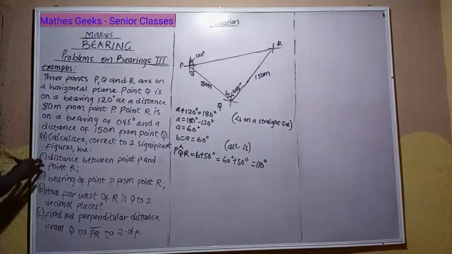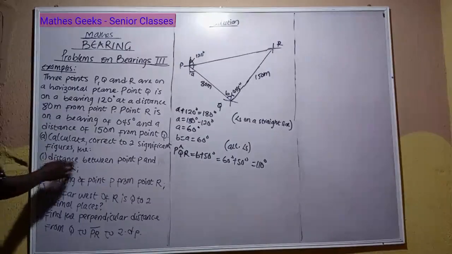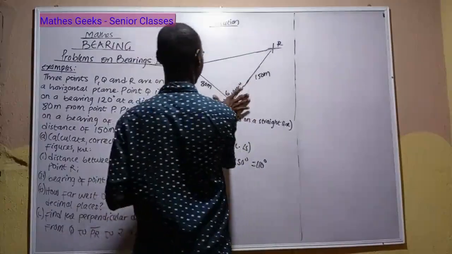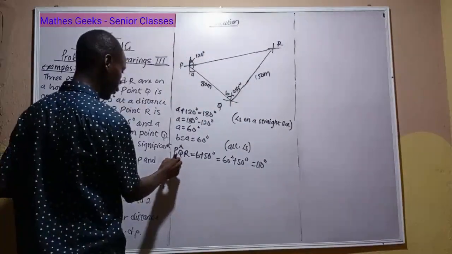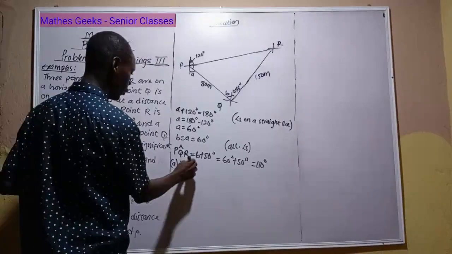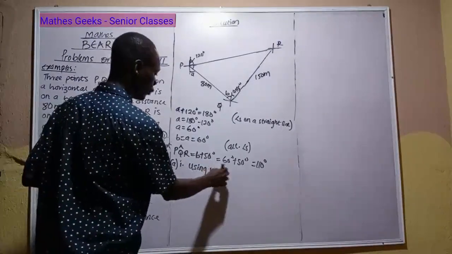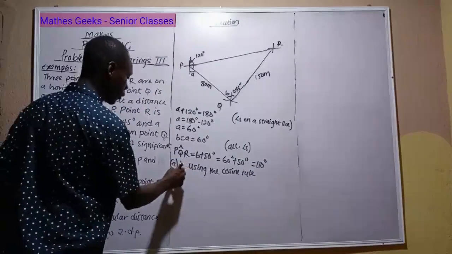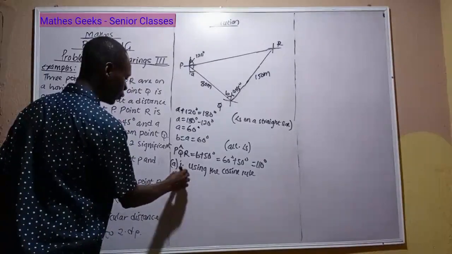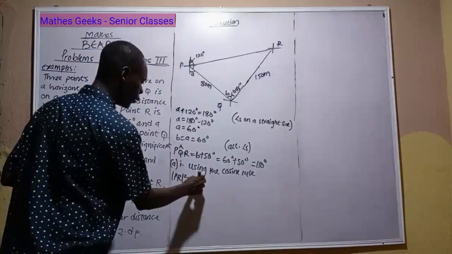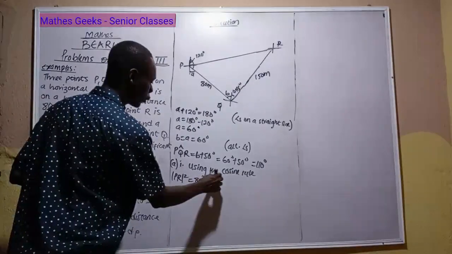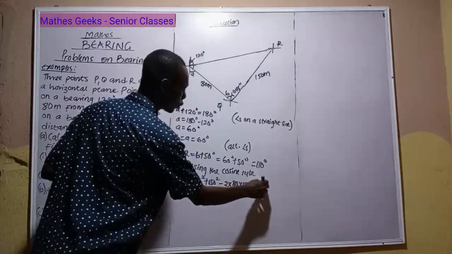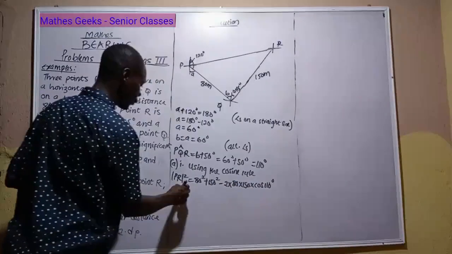The question is A. Remember, figure 1 under A says the distance between point P and R. So this fulfills the cosine rule condition. So, using the cosine rule, I'm going to have PR squared is equal to 80 squared plus 150 squared minus 2 times 80 times 150 times cos 110 degrees. And this will give us